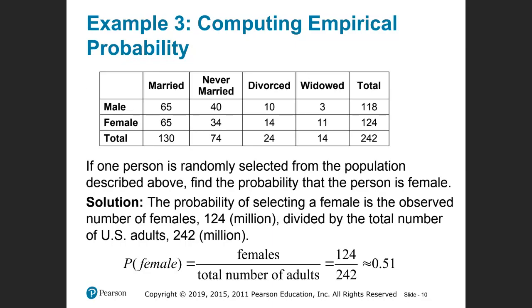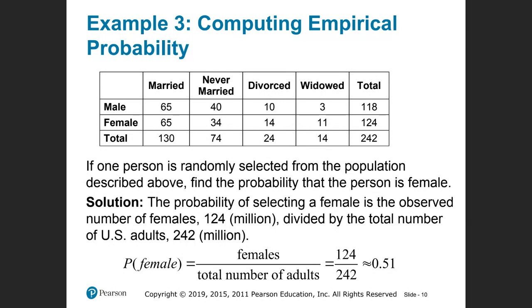In example 3, we're going to compute empirical probability, and we have a table showing males and females and whether they're married, never married, divorced, widowed, and then the totals. If one person is randomly selected from the population described above, find the probability that the person is female. The solution: the probability of selecting a female is the observed number of females, 124